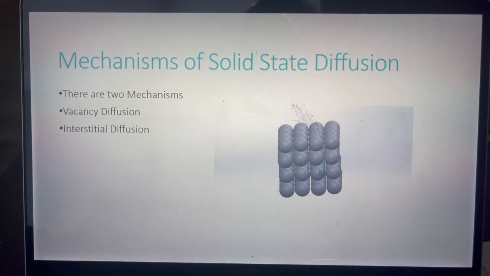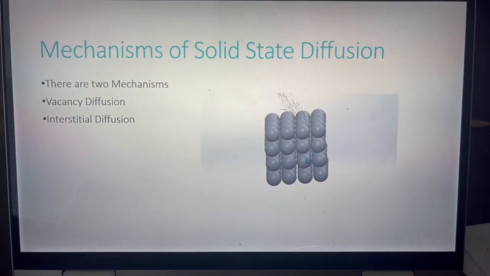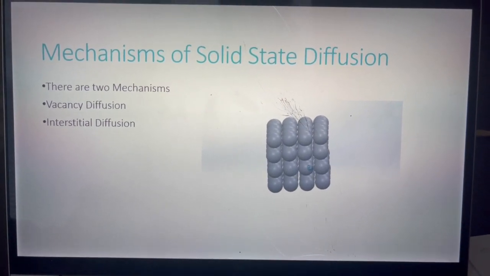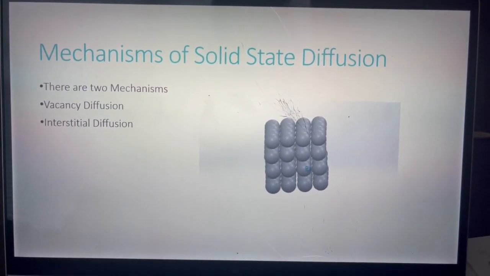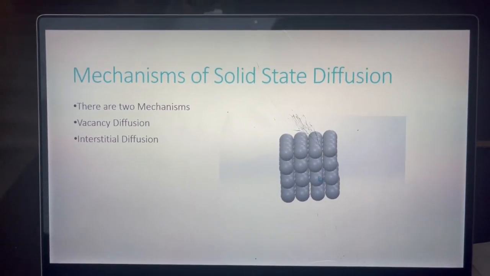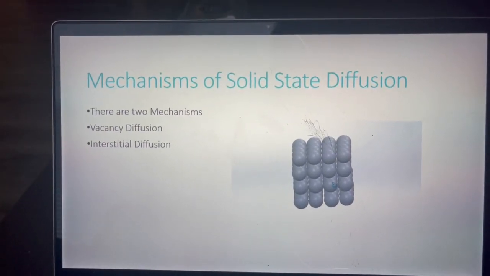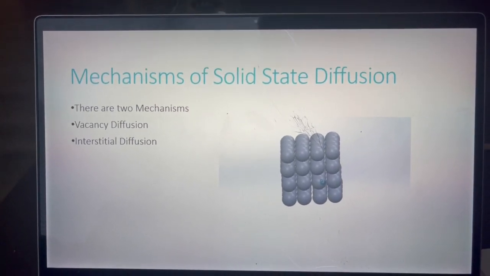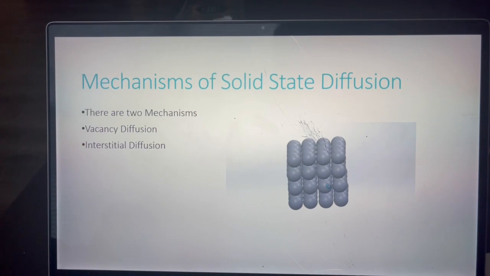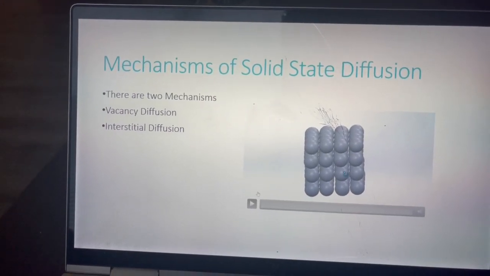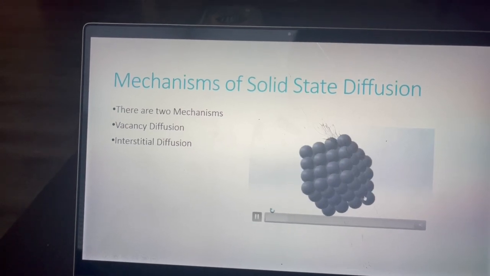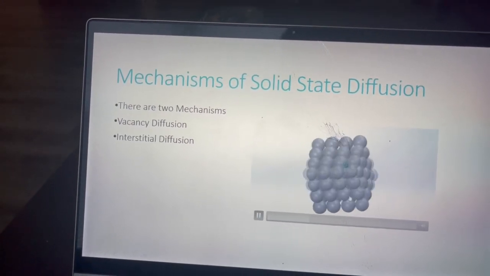And now, what are the mechanisms of solid-state diffusion? There are two mechanisms, vacancy diffusion and interstitial diffusion. Before moving on, there's a video I want to show you. These are atoms of the host element, and they are arranged